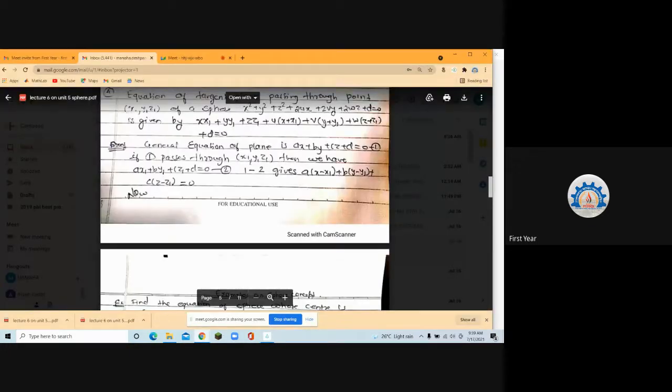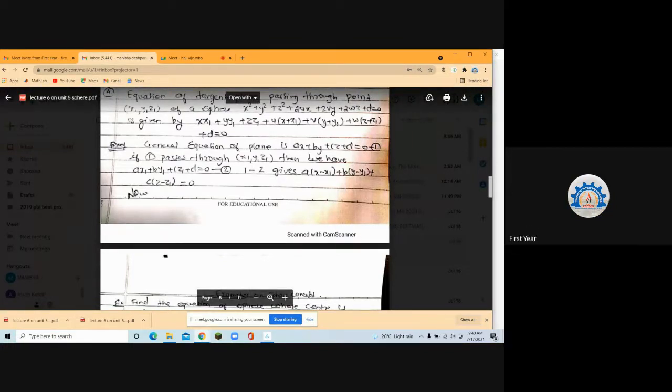That's given to you: x square plus y square plus z square plus 2ux plus 2vy plus 2wz plus d is equal to 0. We have to find the equation of the tangent plane. So how is it actually found? Since it is touching at that point P, (x1, y1, z1), it should satisfy the equation of the sphere. Ma'am, it is SS1 is equal to T square. Yes, that is with the help of the tangent line. What is T? Ma'am, the equation of tangent. You're talking about the tangent line. I am talking about the plane. Okay, so that is with the help of the tangent line.